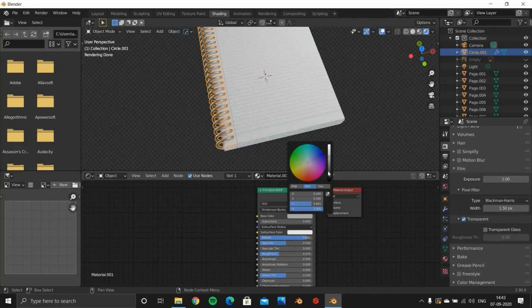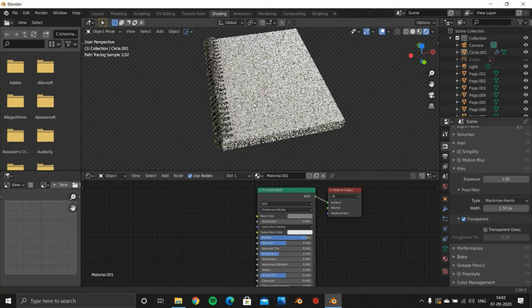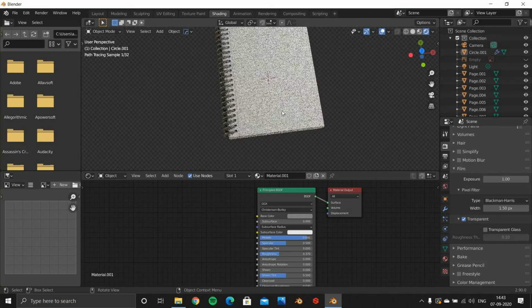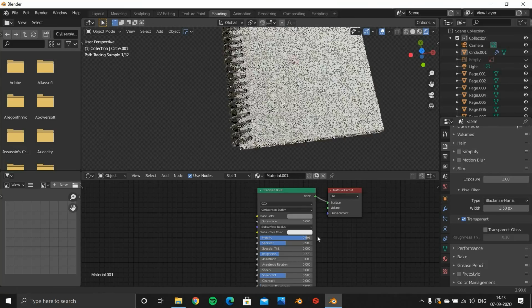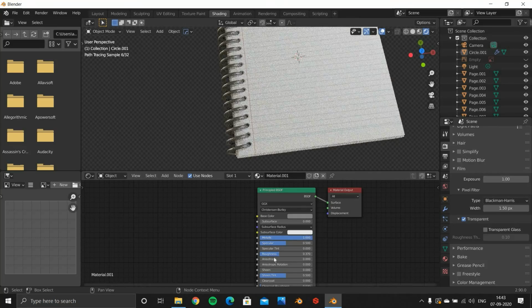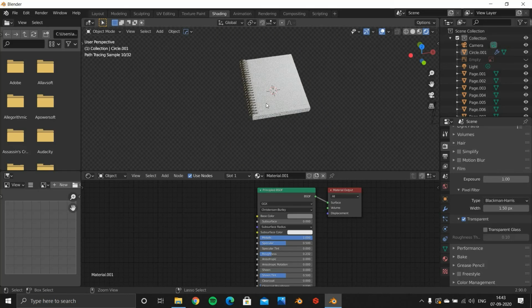So I guess this looks better. You guys can also use some roughness maps of dirt, etc. overlaid over this iron texture or metal to get some more realism. This looks fine, I guess.